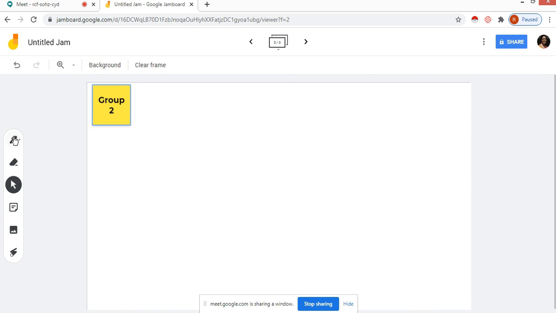Here you can write this set of problems. So that's it. Different groups or different works can be allotted to different students, and you can write it the same way how you are writing in a classroom. So this will be more interactive, more clear to the students, and it is very easy to use.